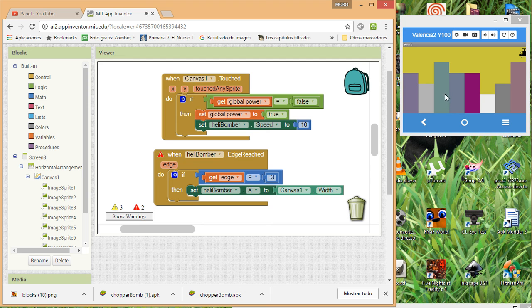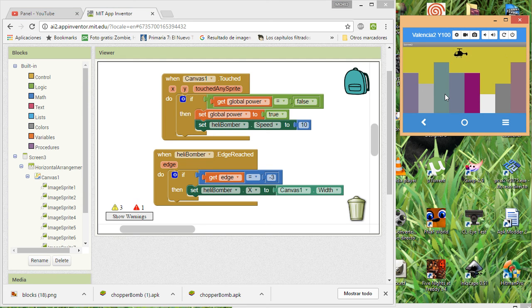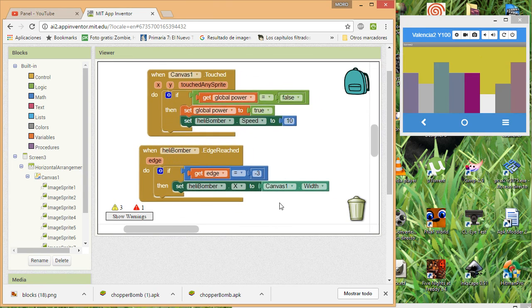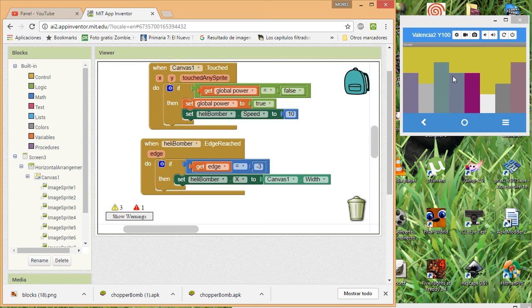So let's see if this is happening. Okay, so we have here our beautiful helicopter. Then hopefully, yes, it is happening. And then it's going over there, going over there, going over there. Maybe it's going so far over there, and it's like disappearing,